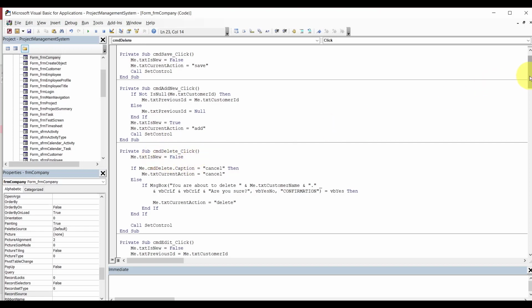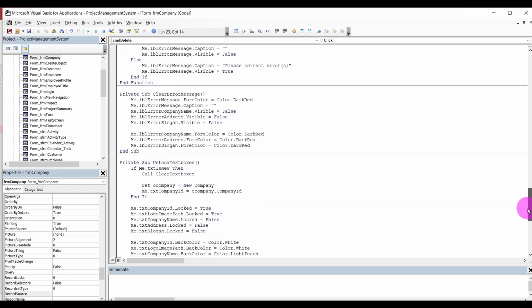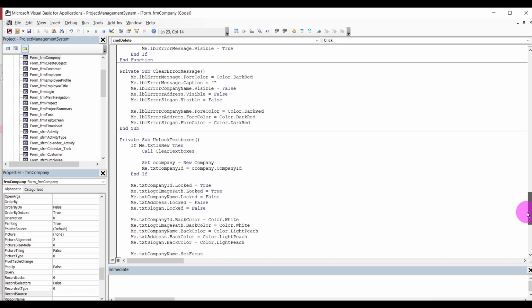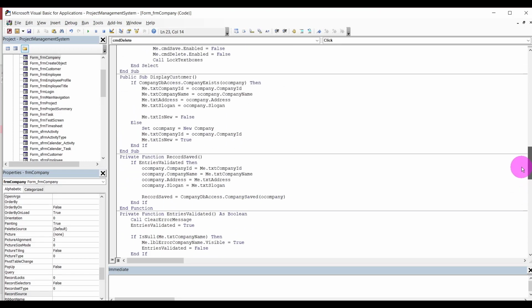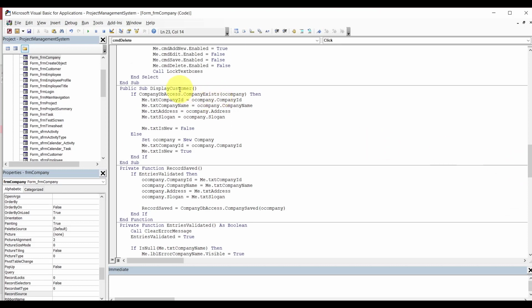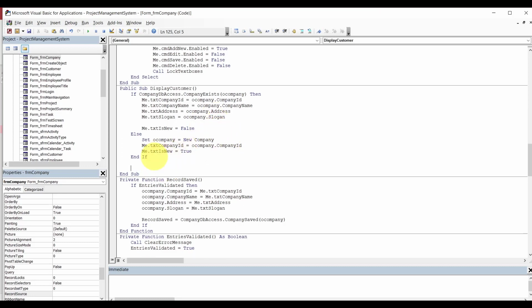Or delete. That's where that's going to happen, right there on the display. Remember, we just want to be able to edit right away, regardless. Now, when we're done, we say call unlock